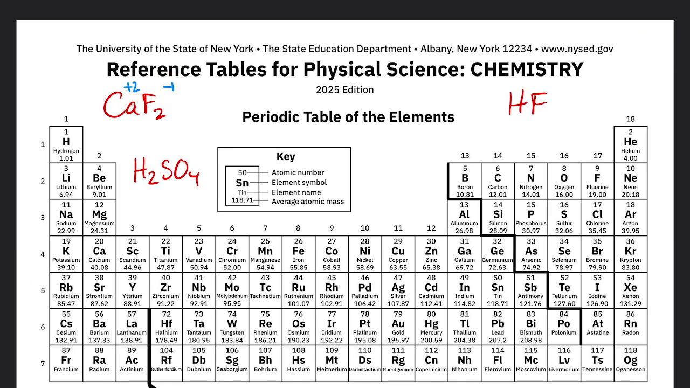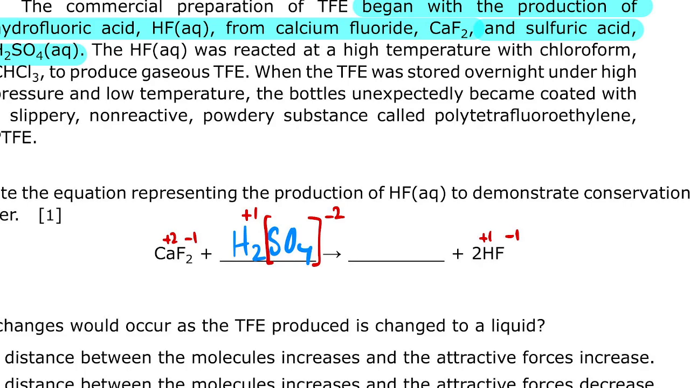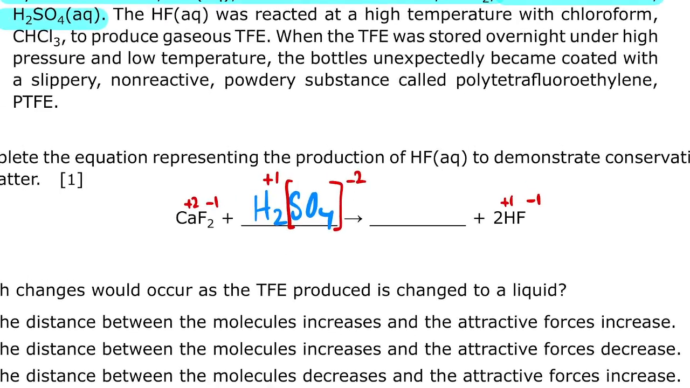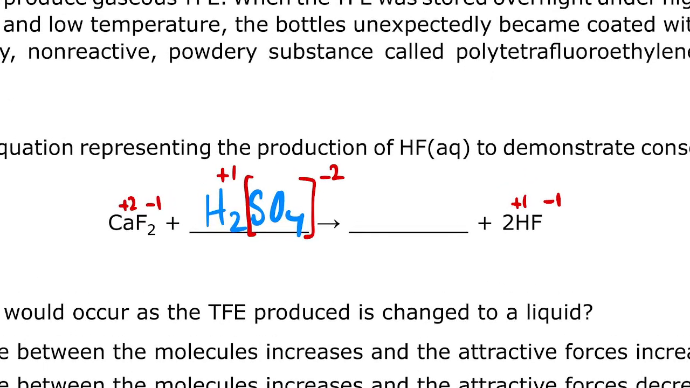For HF, fluorine will be -1, hydrogen will be +1 based on the location. And then for H2SO4, recognize that SO4 is a very common polyatomic ion called sulfate. Each hydrogen is going to be +1, giving you a total of +2. So you can deduce the charge of sulfate to be -2 because you have one of them to cancel out both of those +1s. All right, so with the oxidation states carried into this equation,